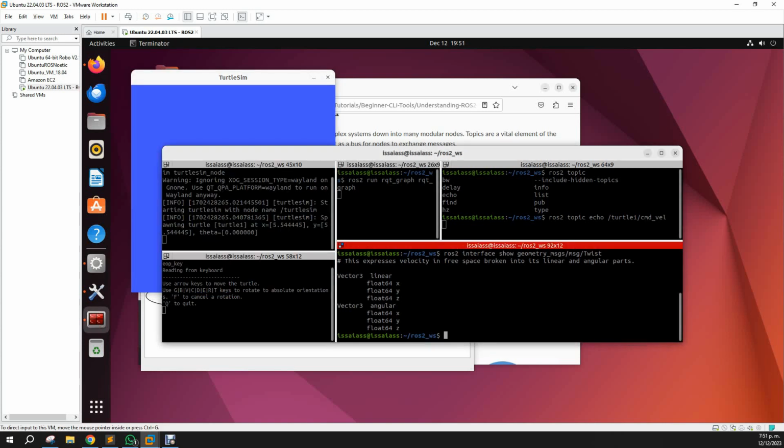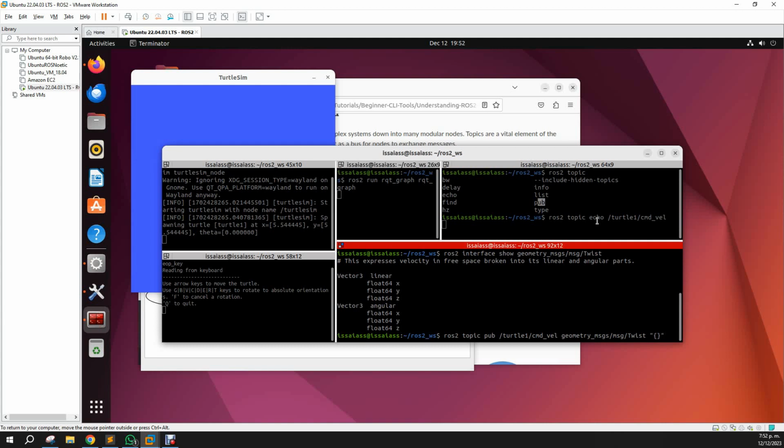Now, if we are trying to move the robot, let's do that. We will use this command, the publisher. We will try to publish because we are trying to send something to a topic that is present. In this case, the turtle1 cmd_vel. So ros2 topic pub, the name of the topic, turtle1 cmd_vel, the type of the message of the topic, in this case geometry. And now we have to send it as a string,